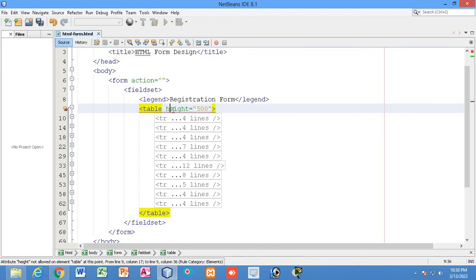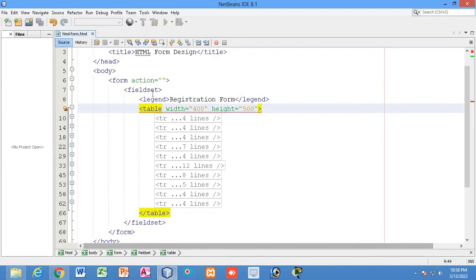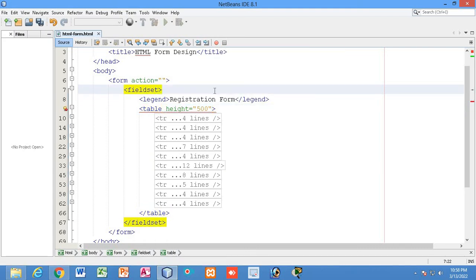Okay, you can write width, 400, width 400, and height 500. Fine. If you do this, see, okay, you don't have the border. Fine, you don't have the border. I have removed the border. Okay, you can also specify the width for the fieldset. If you don't want to specify width over here, you can specify width for the fieldset, right? Once you do this, you can see,